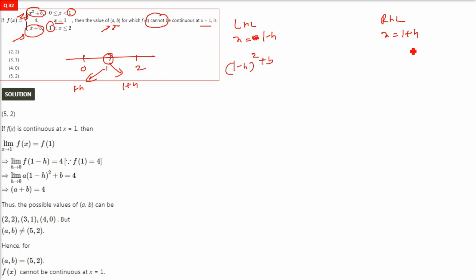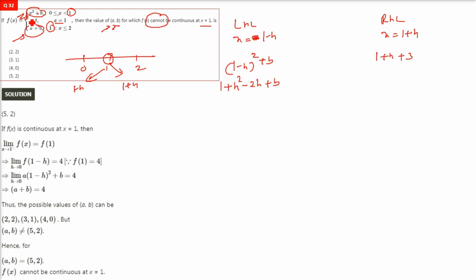Okay, so (1 − h)² + b. Here you are, what are you going to write? 1 + h + 3, because it is x + 3. So this, you can just open it, and wherever h is there you can apply the limit and just remove those terms. So you have b + 1 only. Okay,